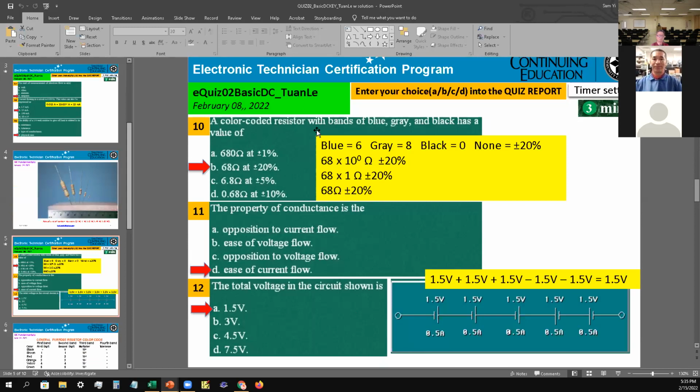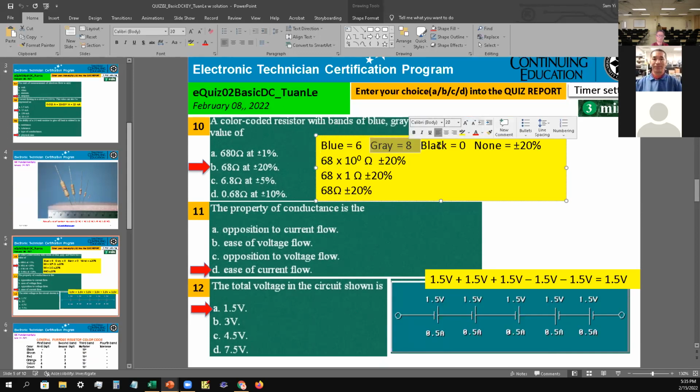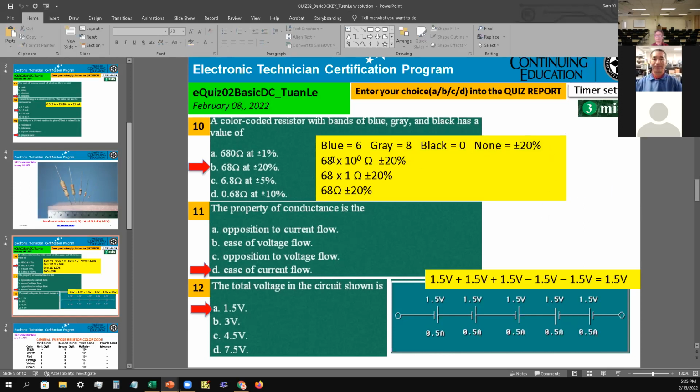Okay, a color-coded resistor with bands of blue, gray, and black has a value of, okay, and the answer is B, as in 68 ohms at plus or minus 20%. So B as in Bob for number 10. You know that blue represents 6, gray represents 8, black represents 0, none represents plus or minus 20%. So therefore 68, the first is the first digit, second digit, and black represents your multiplier, which is this here,